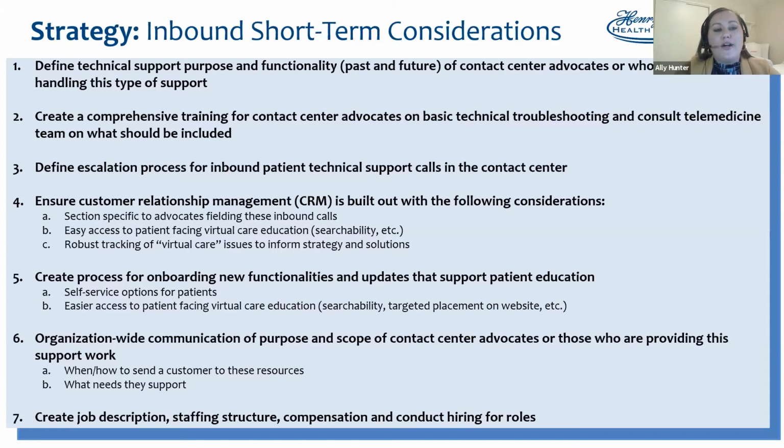The sixth one we have here is that organization-wide communication of purpose and scope of contact center advocates and or whomever would be fielding these types of calls and support, or those who are providing it. So what I mean by this one is specifically when and how to send a customer to these resources and